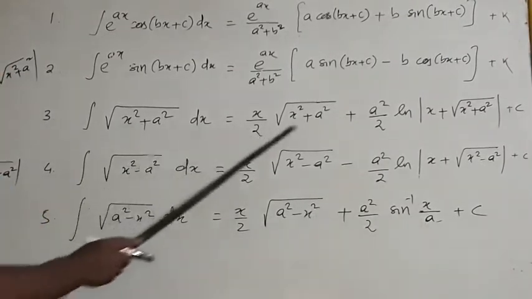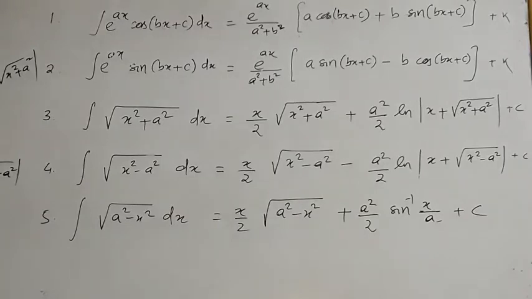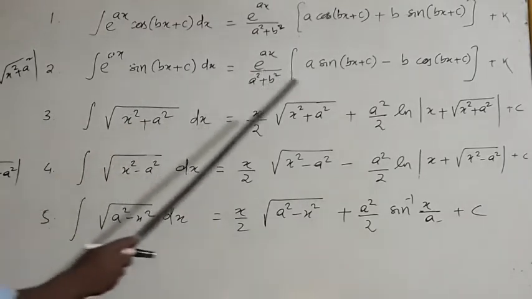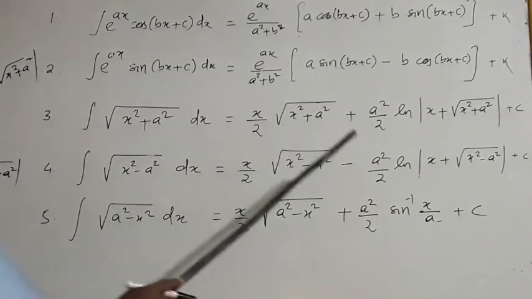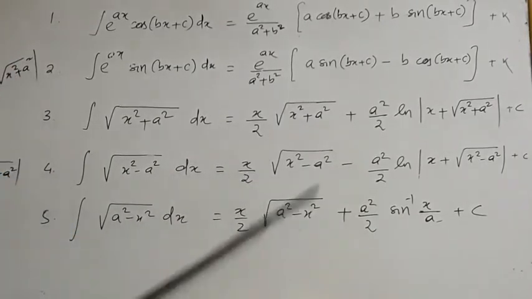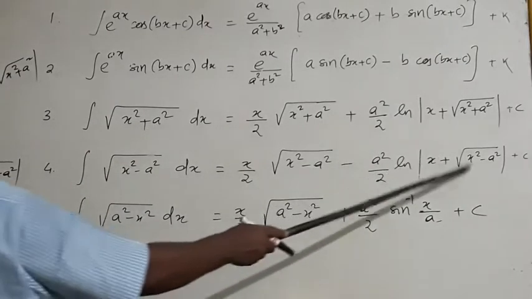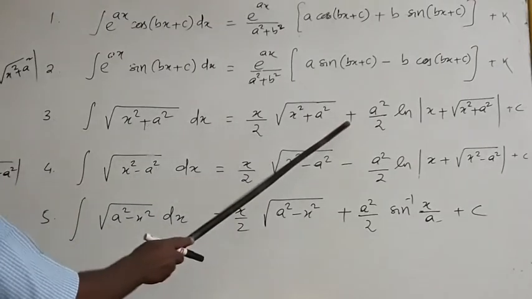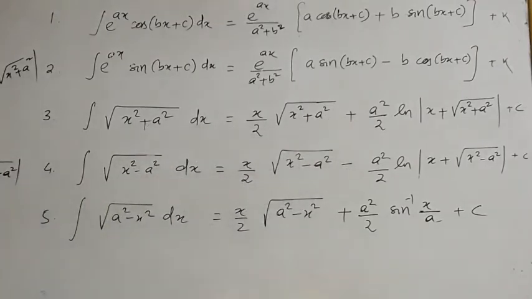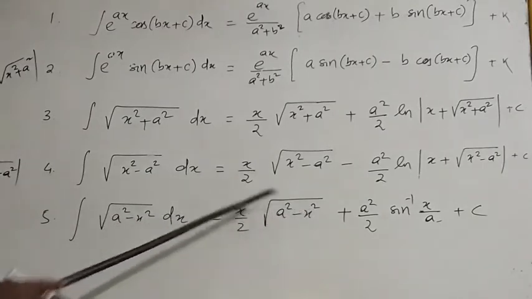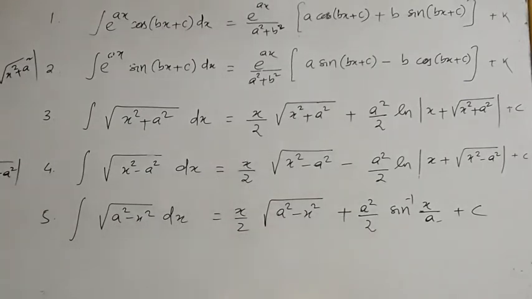Among these, one is positive and one is negative. Now you can remember. For positive, I am giving positive sign. For this negative, it is negative sign. Remember it again. There are two ln: ln x plus this, ln x plus this. Here, for positive, you have to put positive. For negative, you have to put negative sign. And for sine inverse, you have to put the plus sign. Mark this. These five formulas are very, very important from the exam point of view. You have to remember it.